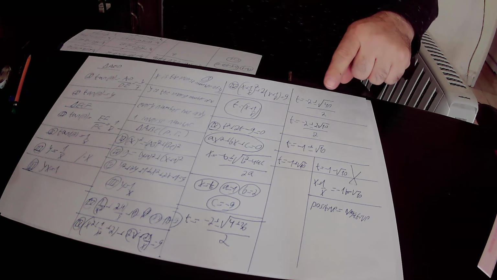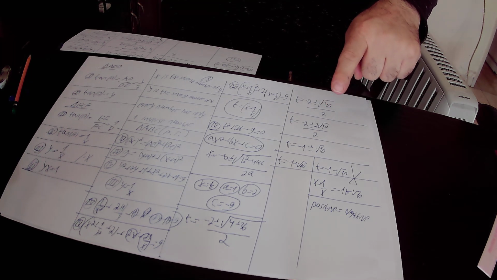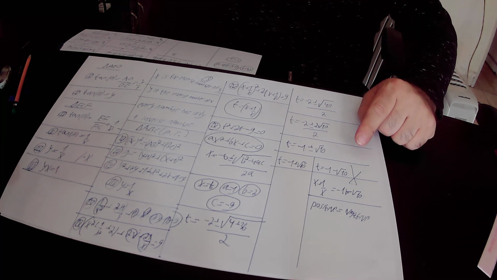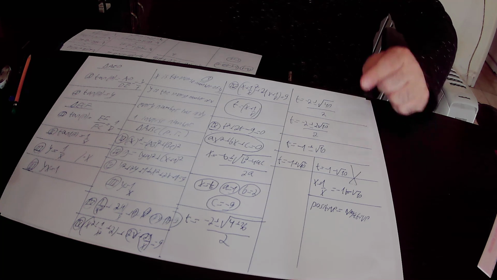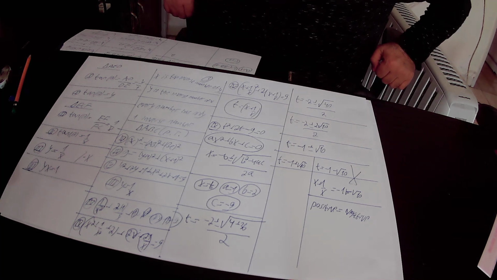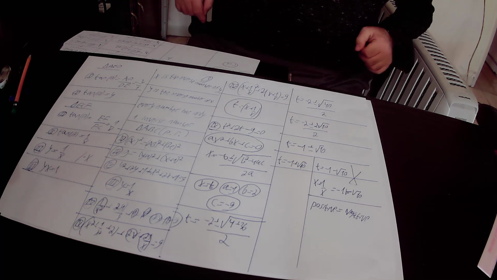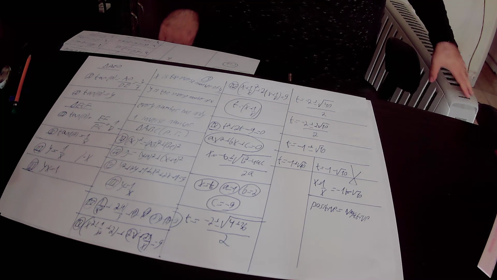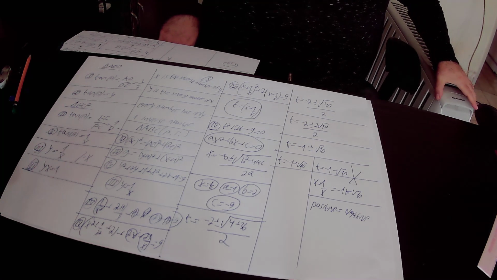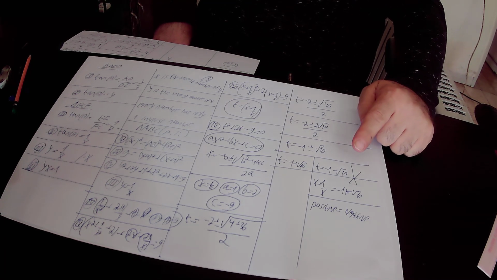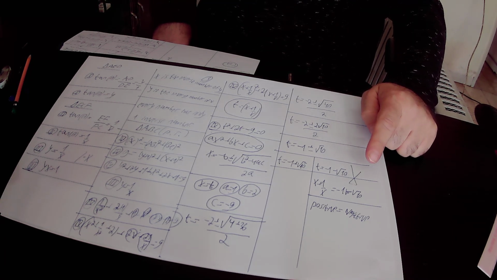The first solution is that t equals minus 1 plus square root of 10, and the second solution is t equals minus 1 minus square root of 10. We focus on the second solution. The second solution is t equals minus 1 minus square root of 10, and according to our definition, t equals x plus 1 over x. So we substitute t by x plus 1 over x, and it must be equal to minus 1 minus